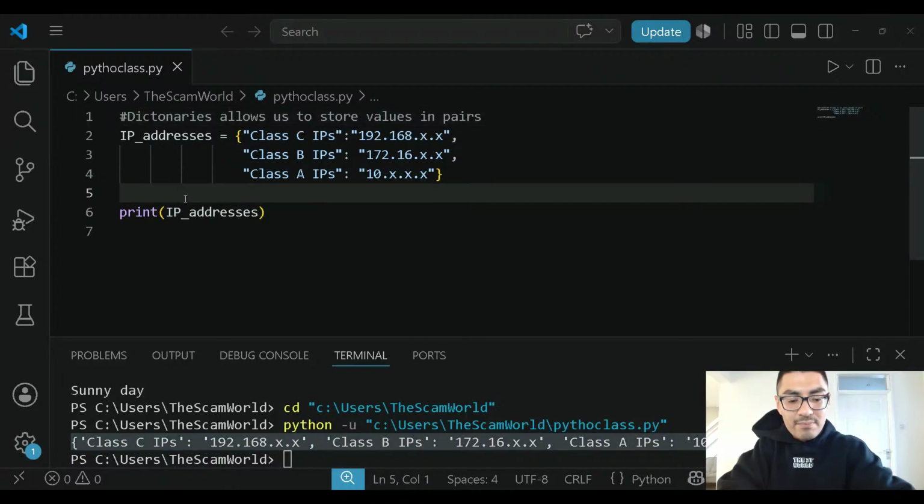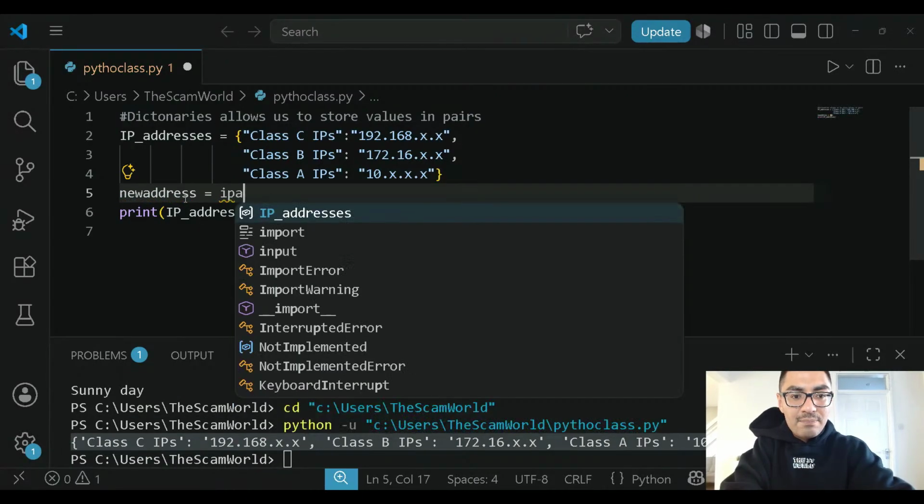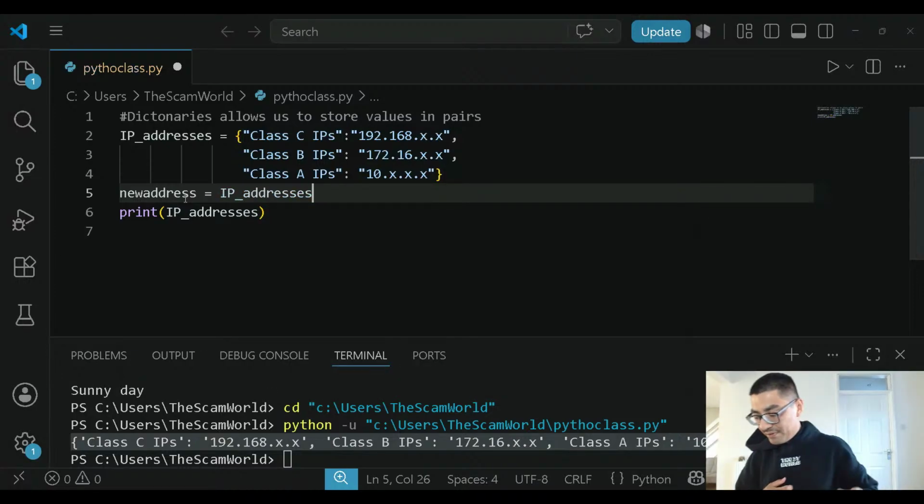But now let's say we make another variable and we're gonna call this variable new address equals IP underscore address